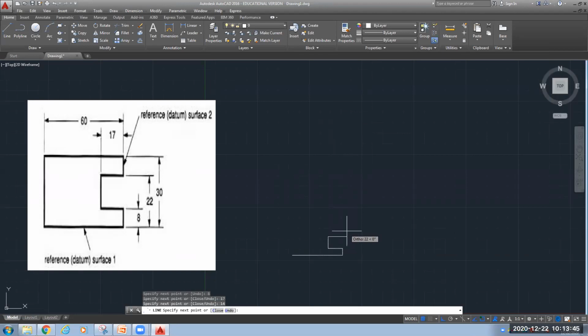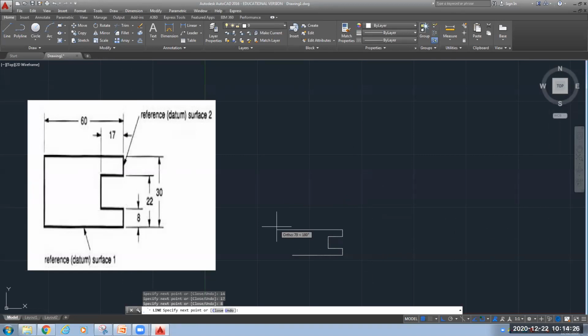So this is my 14 units. Again, I have to go in horizontal direction, and the length here you can see is 17. So in horizontal direction, I will move 17 units. Just to specify the direction of the cursor, vertical. Now I want to move vertical. Again, the distance is 30 minus 22. Here the vertical distance is 30 and this is your 22. So the difference we get is 8. So I will go 8 units in vertical direction, press enter.